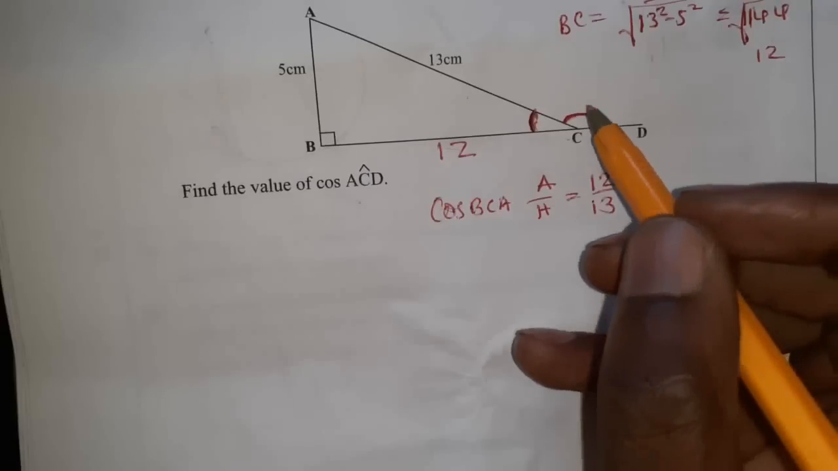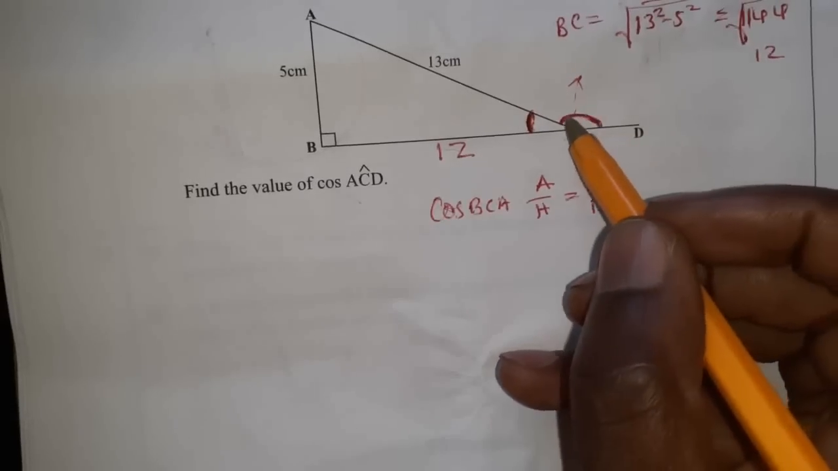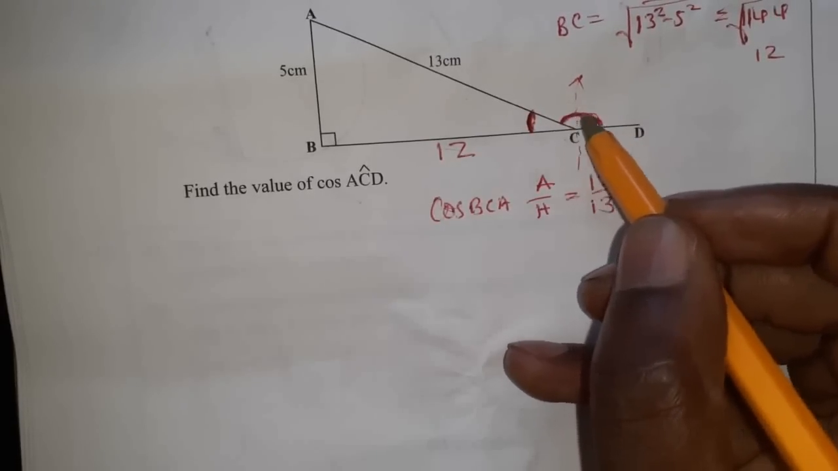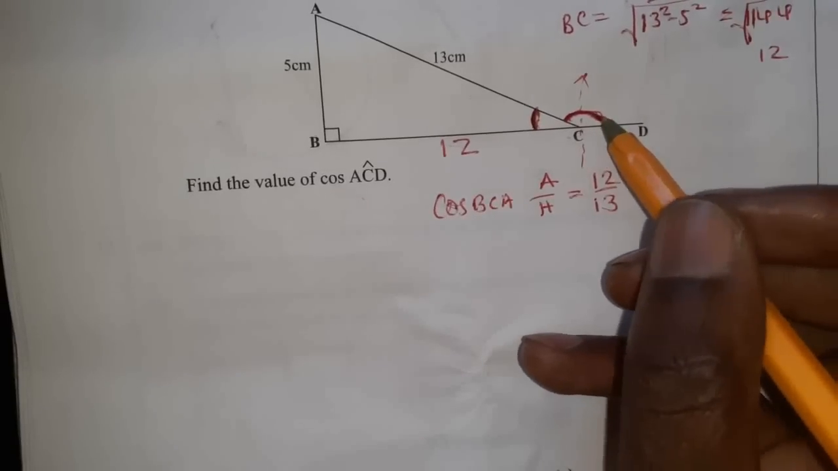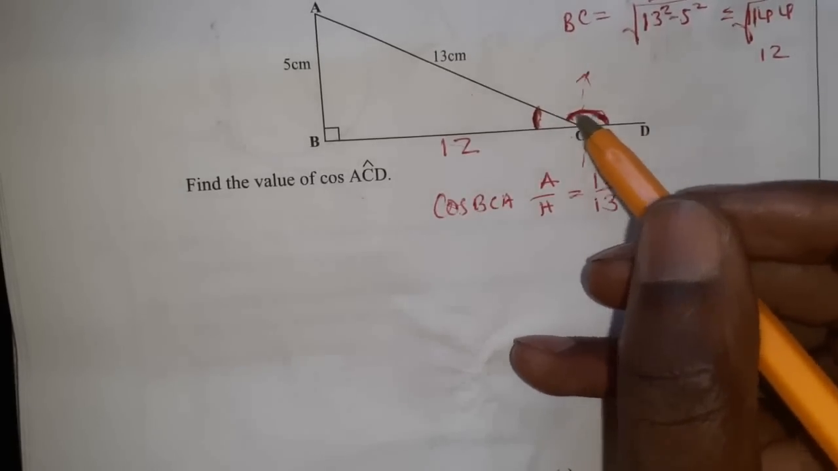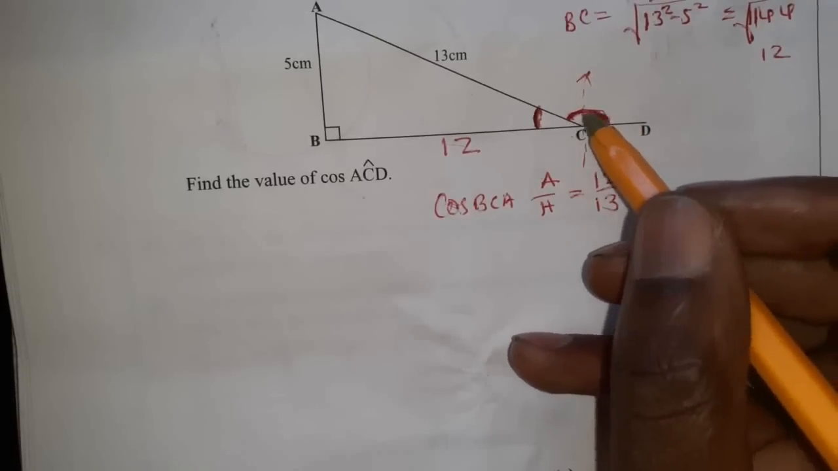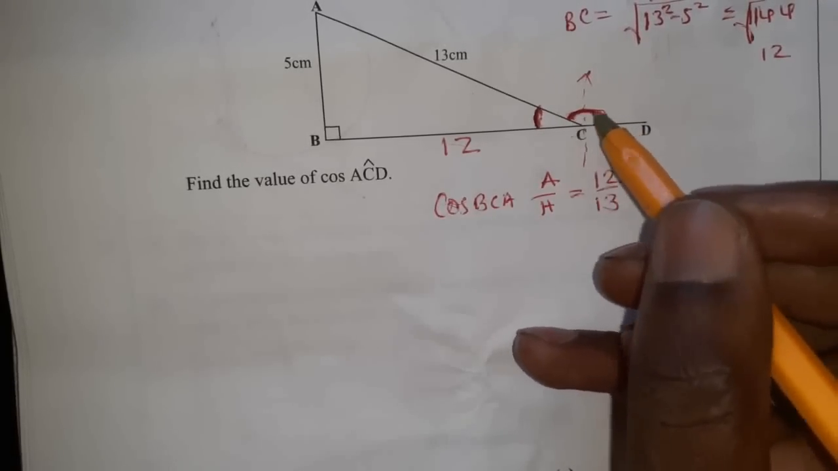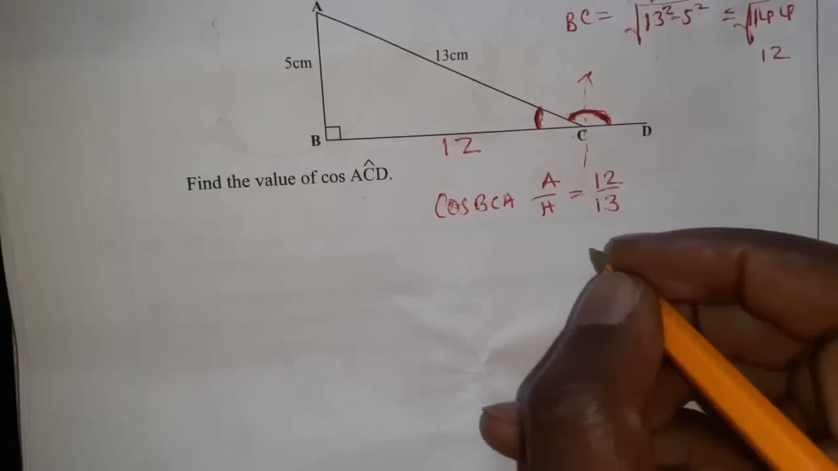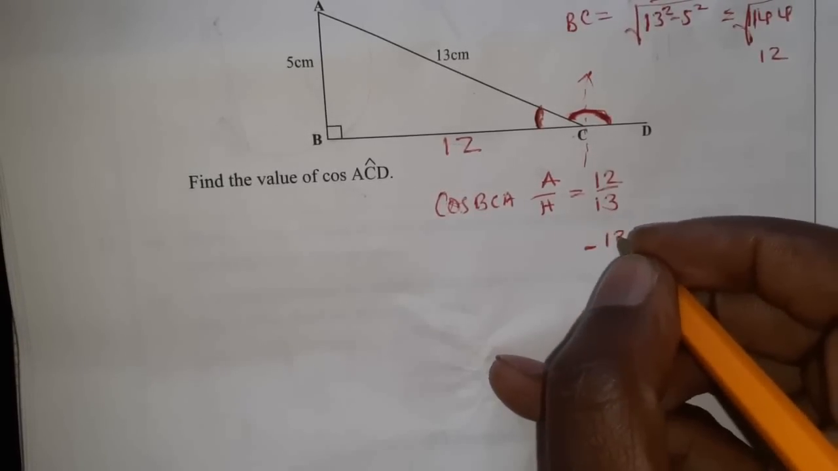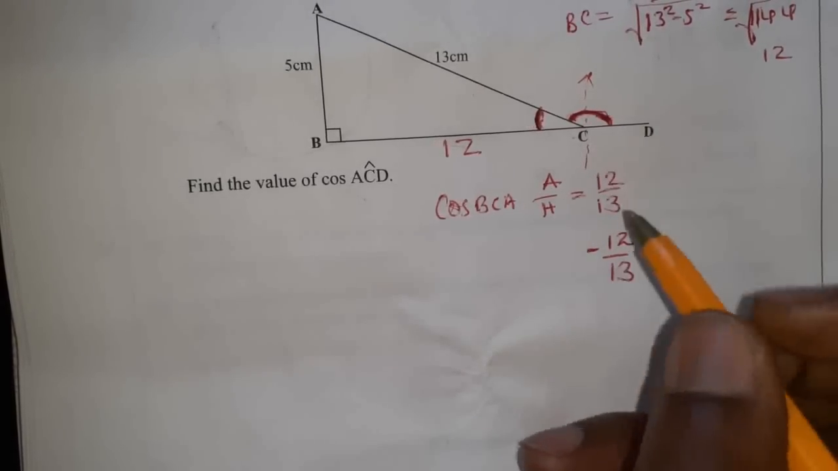Are we together? Now we look at this. Now we want this whole thing here, isn't it? So we're looking at cos in the second quadrant, and cos in the second quadrant is negative. So we're just going to add a negative to this one. So it will be negative 12 over 13. This is what is going to be cos